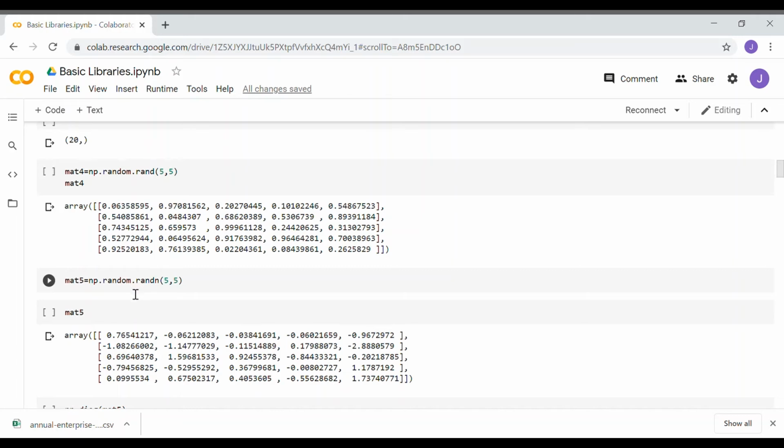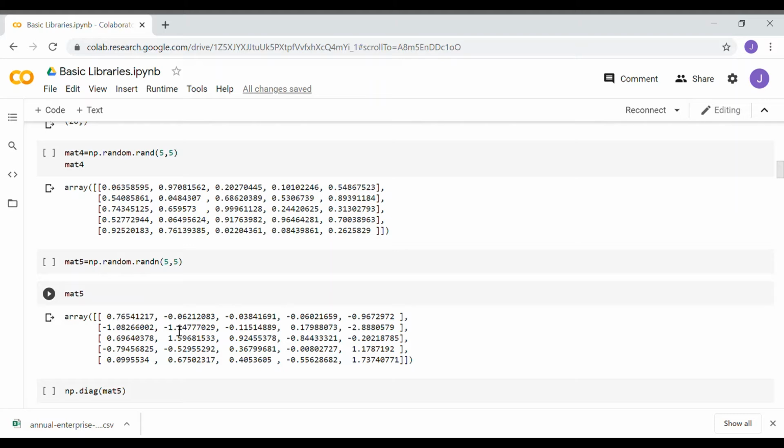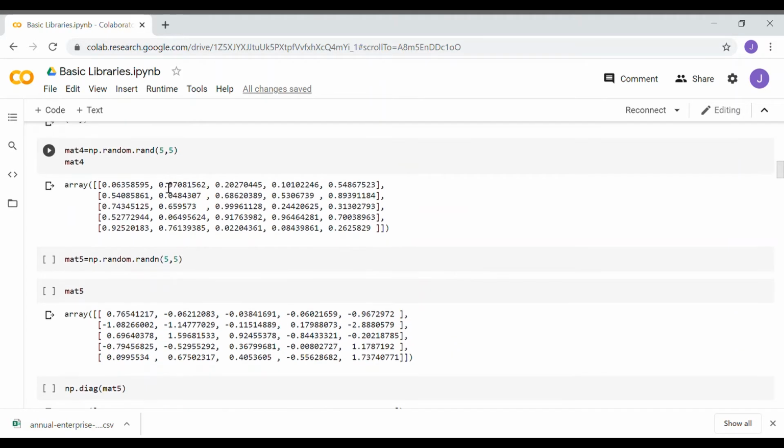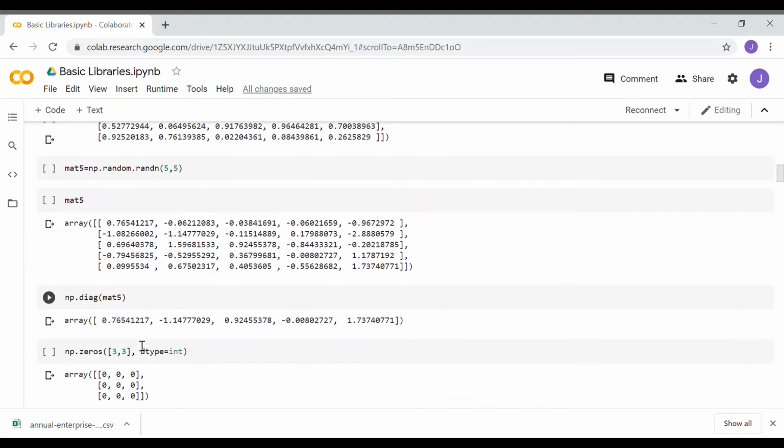If we want to create a matrix randomly using any number, positive or negative, we can use the same command with a slight difference, adding n to that rand: np.random.randn 5 cross 5. As you can see, it has positive numbers as well as negative numbers. So np.random.randn and np.random.rand are two different commands. One gives only positive numbers, and the other includes negative as well as positive numbers.